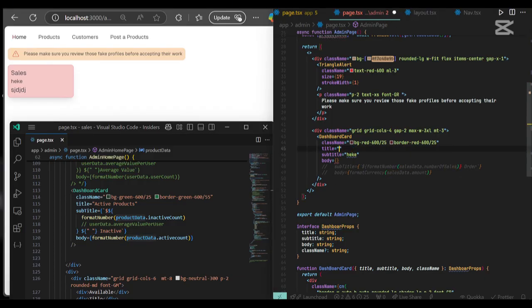So right here we're going to say active product, like so, and the subtitle right here should be of type template letters, like so, and so by default right now it's going to have some dollar signs, and also we're going to use the product data dot inactive. So if we save it and let's refresh this one,